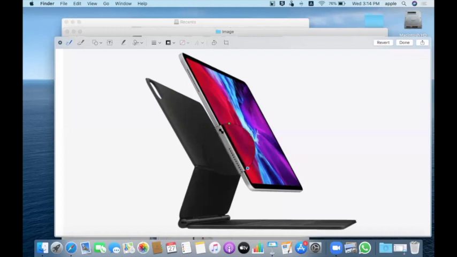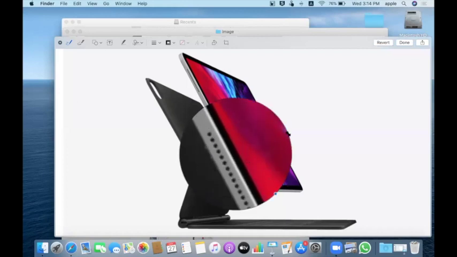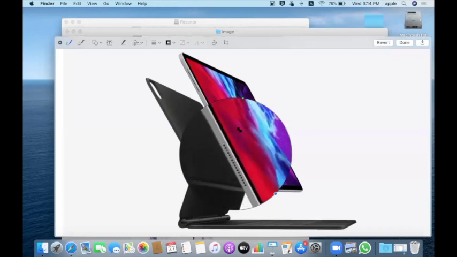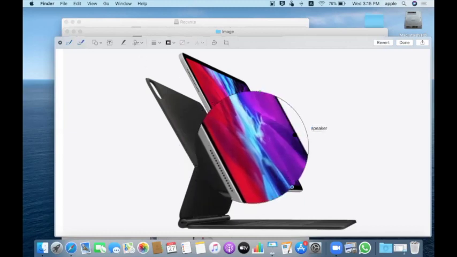You can see it, right? If you want to highlight anything, you can get this icon, zoom in, and highlight it. If you want to add any notes, you can add notes to it. And even if you want to draw any line, you can draw it.